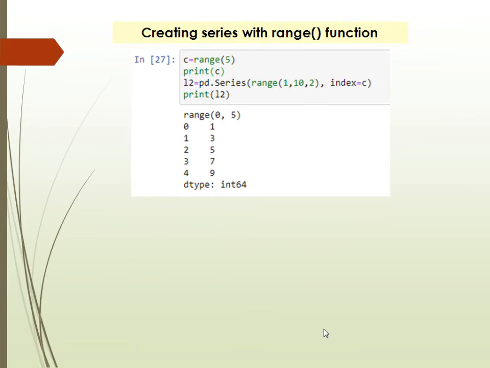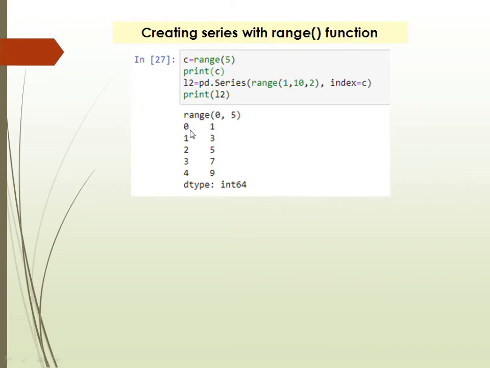Now creating a series with the range function. This is a very important part of Series. See here what I have used. I have used the range function for creating the indices, and I have put range 5 in the variable C. So C must have the list of values starting from 0 to 5, means 0 to 4: 0, 1, 2, 3, 4.